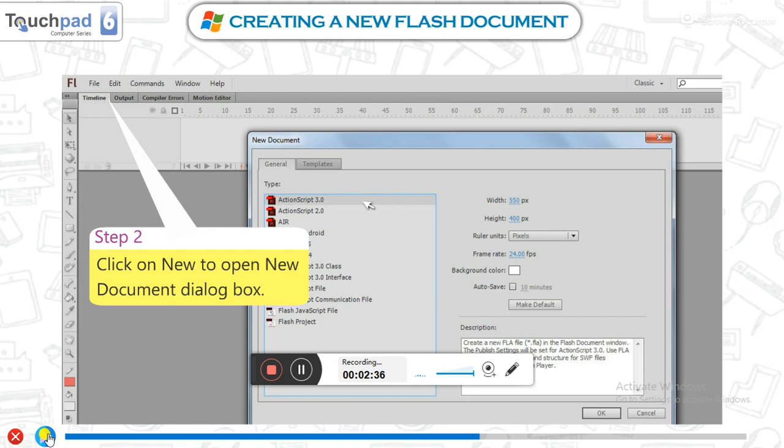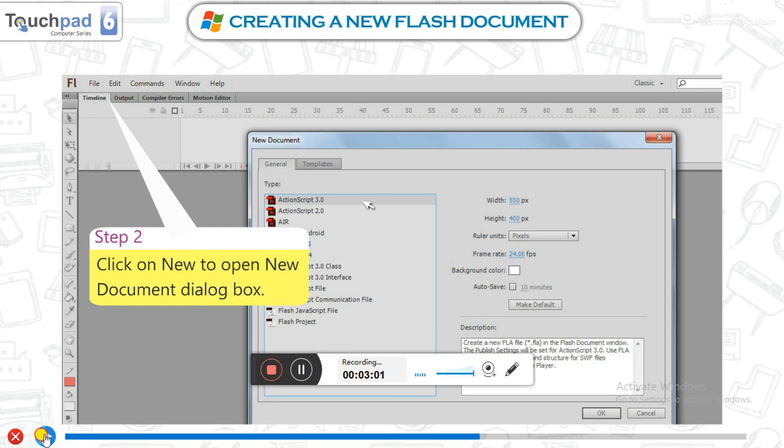In the third step, you have to select ActionScript 3.0. When you select ActionScript 3.0, then click on the OK button.